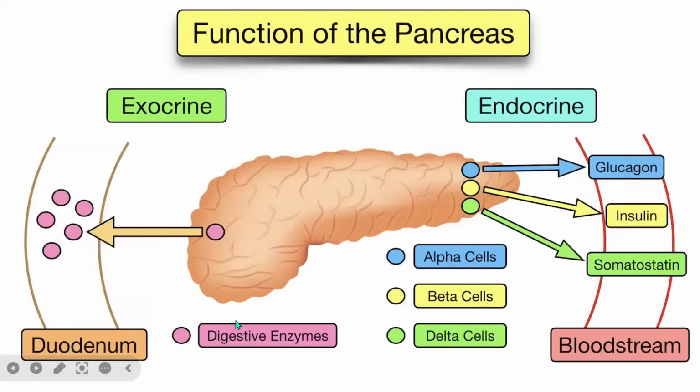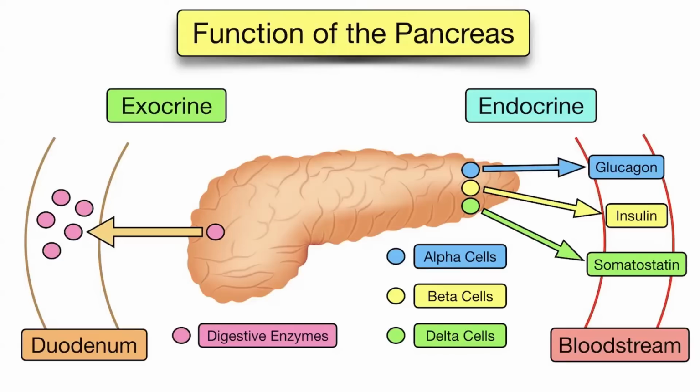We need to understand that, as I have said, the pancreas is made up of different parts. It has both exocrine function and endocrine function. When we say endocrine functions, it means that they produce hormones, and those hormones do not do their work exactly where they are produced. They are produced and then transported through the bloodstream and carry out their function,